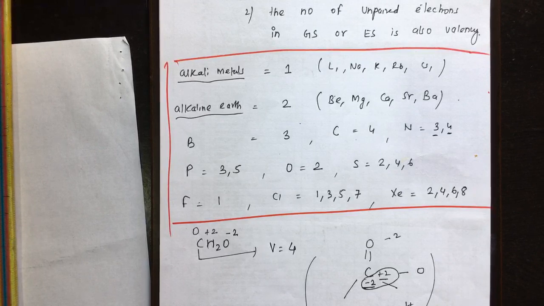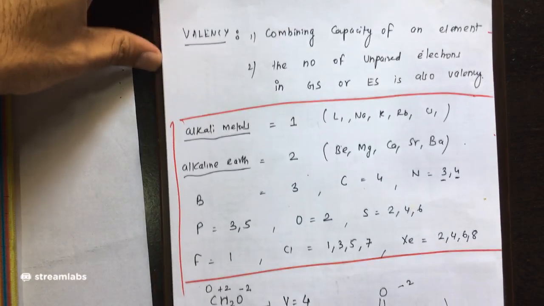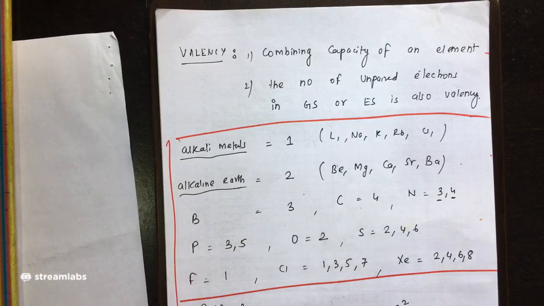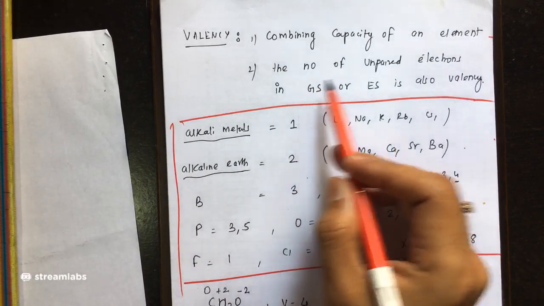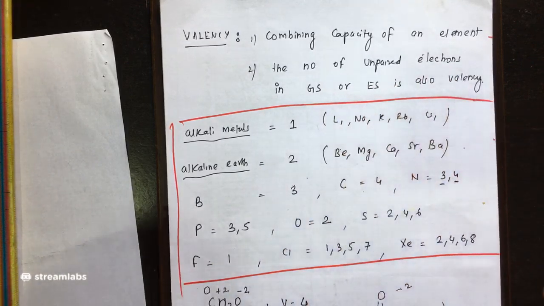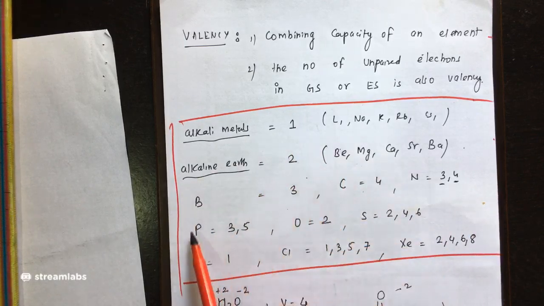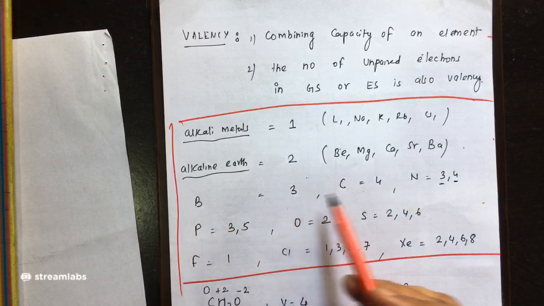Next we come on to the periodic classification of elements. If you talk about the periodic classification of elements, we come on to valency. What is valency over here? Nothing but the combining capacity of an element is called valency. Okay, and we also call the number of unpaired electrons in the ground state or excited state valency. So alkali metals, the valency is 1, alkaline earth 2, boron is 3, carbon is 4,